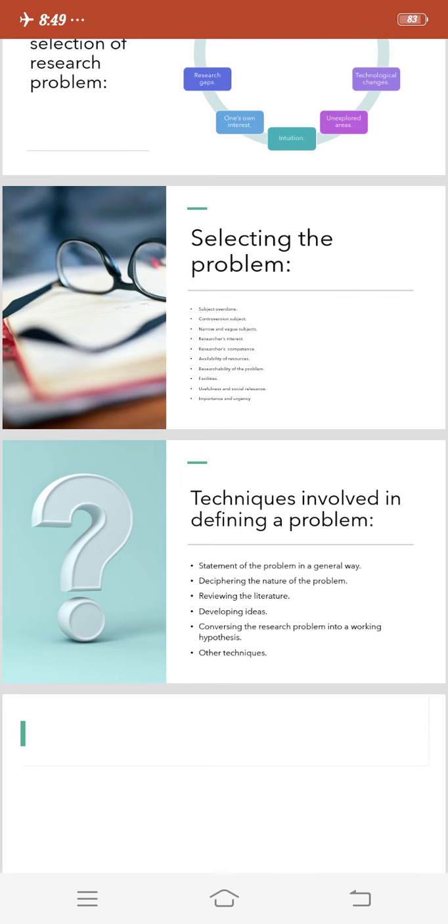Among other techniques, technical terms and words with a specific meaning useful in the statement of the problem should be defined. While doing the research we provide certificates, like a certificate of statement. In that statement we include some information, such as that this work belongs to me only, so that should be included. Next, basic assumptions relating to the research problem should be clearly stated, so that it will be understood